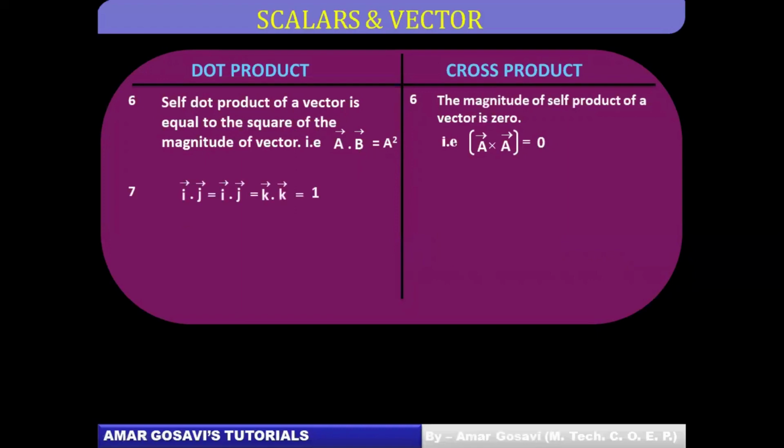The final point which we will make over here: I dot I, J dot J, and K dot K. Here it should be a correction. I dot I, J dot J, and K dot K is 1, because the self dot product is the square. Make that correction. I dot I, J dot J, K dot K is 1. Here you can see I dot I. Again, you are supposed to make the correction. I dot I, J dot J, and K dot K is 0 here, just like this.